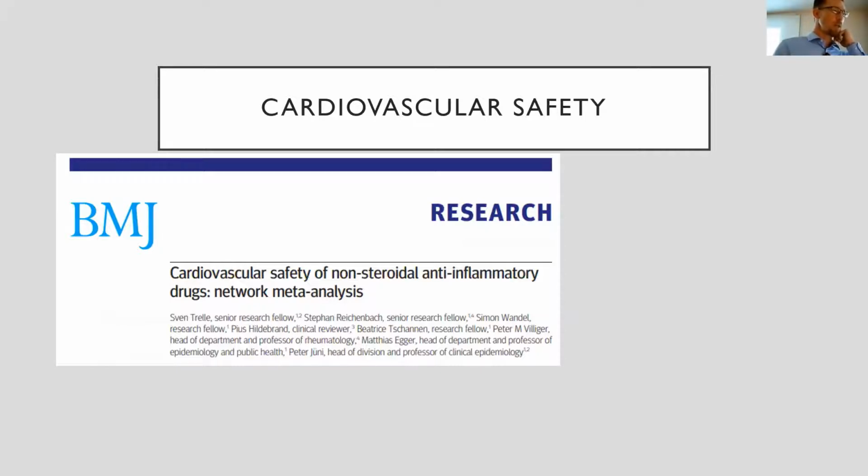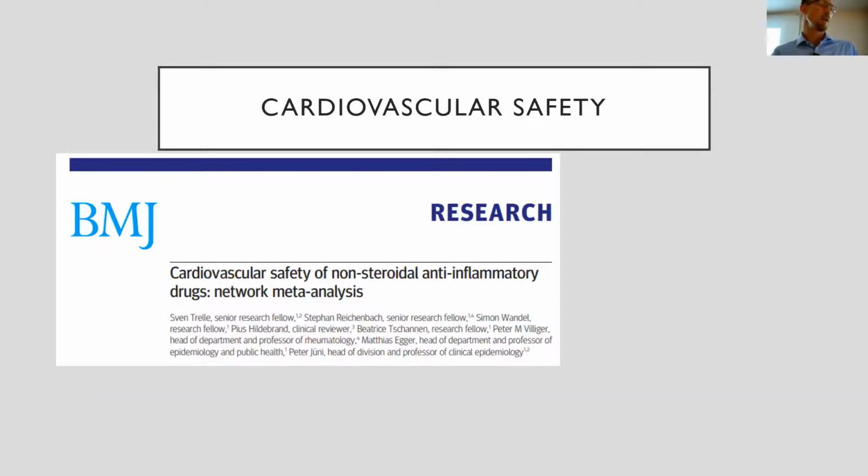This is a study that was published in BMJ in 2017. It's a meta-analysis, and it showed that all NSAIDs except for aspirin, if you want to lump, aspirin's kind of the stepchild, right? It was the first one, and we don't often think of it as an NSAID. It's kind of its own drug. In some ways it behaves like an NSAID, in some ways it doesn't. So we're not talking about aspirin here. We don't think aspirin causes heart problems. In fact, we use it for that.